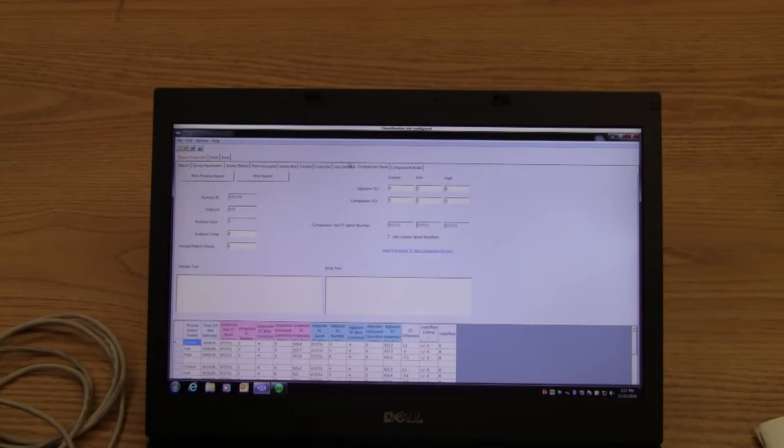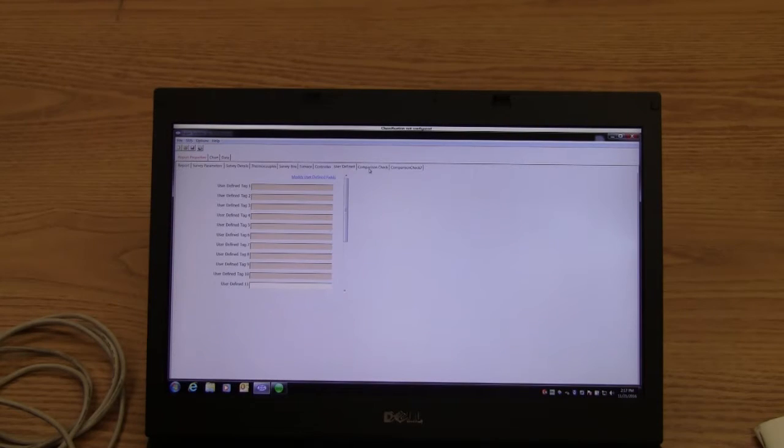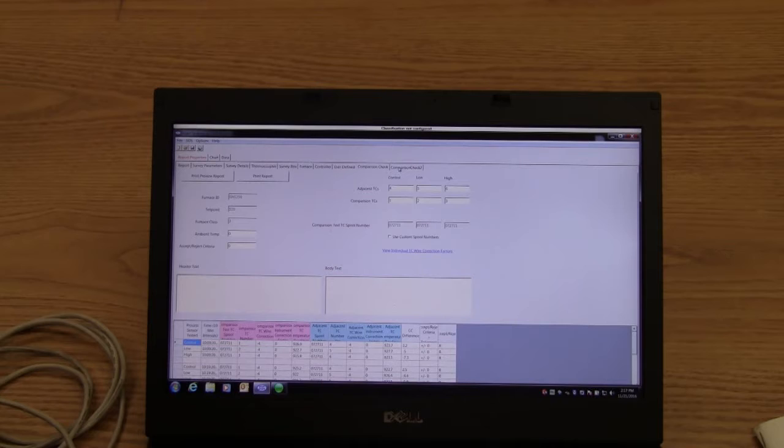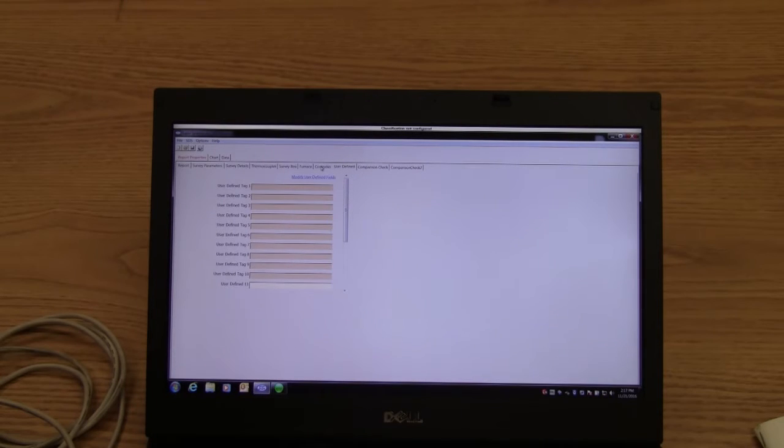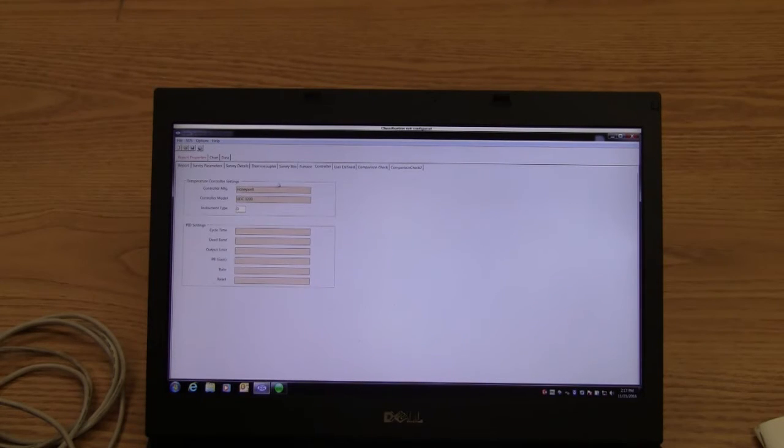So for our field level maintenance purposes, these three tabs aren't required. I should say the comparison check and comparison check 2 are not required. User defined, totally optional. And on the controller tab, once you complete temperature controller settings, the rest becomes optional. So you're done. Alright, so from there, once you have that all completed, you're going to click on the print